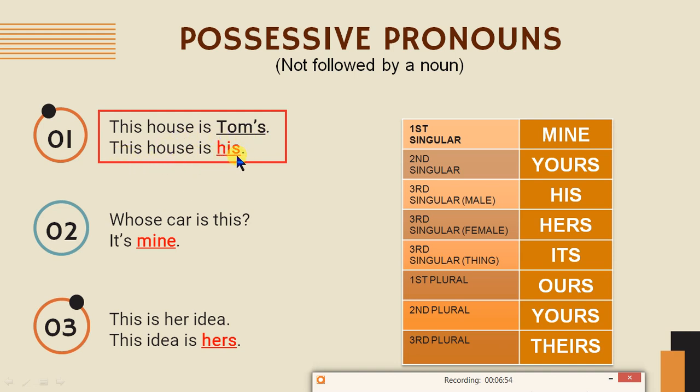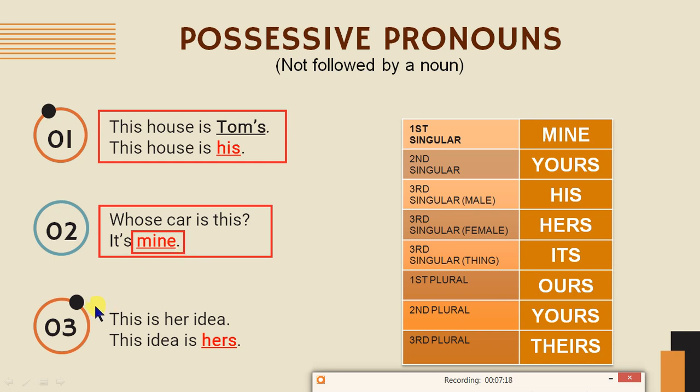It means in behalf of Tom's we are using his. Second example, whose car is this? So they are asking the question, whose car is this? So the answer will be, it's mine. It means this is mine, will be recognized, or mine will be representing the possessive or the